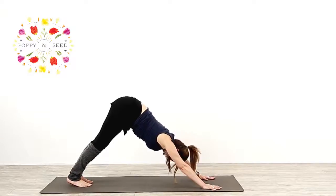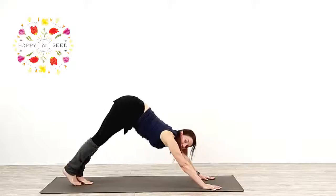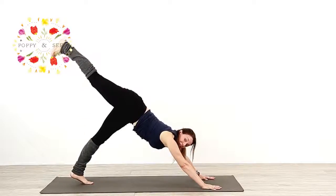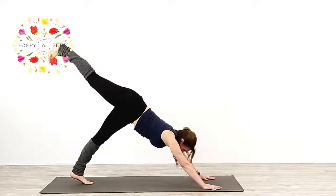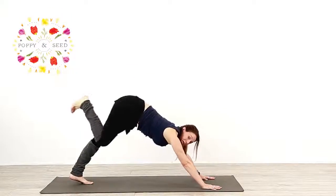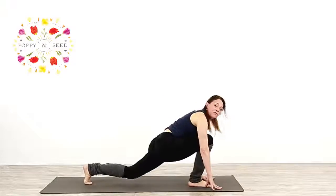and then start to reach the heels down any amount. And then as you inhale, we'll lift the right leg back and up, lifting from the inner thigh, so hips are level, outer right hip down. Don't let it open up. As you exhale, lightly step it up by your right hand and take your left knee to the floor